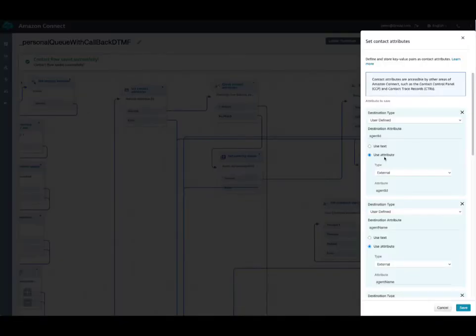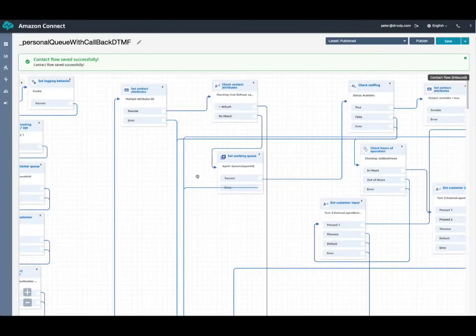We pull back any number of attributes. Some of them are the agent ID and the agent name. That agent ID is like a 32 character GUID, unique for every agent, and every agent has one, and that's their personal queue. So if we're successful there, the next thing we're going to do is check contact attributes here.